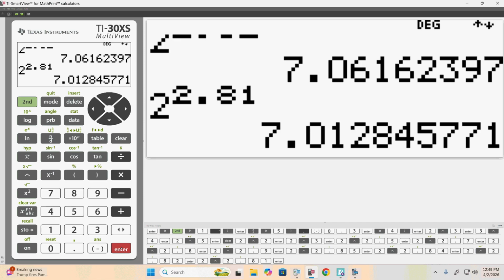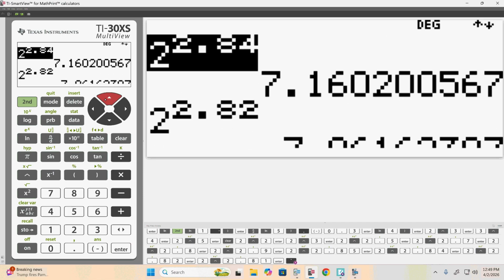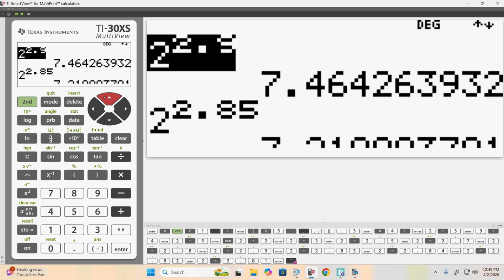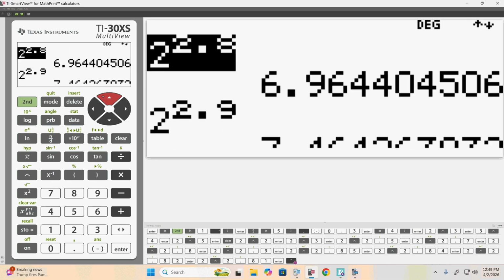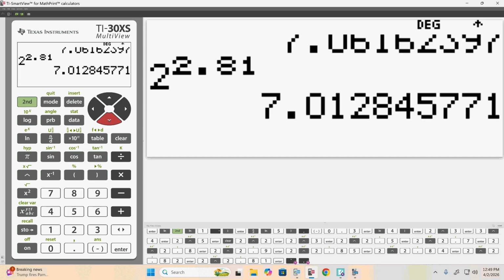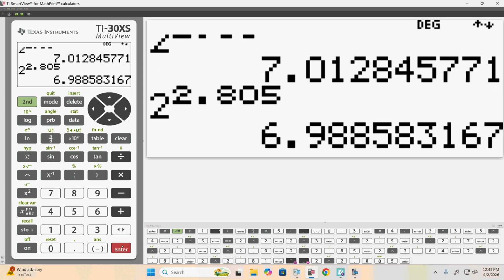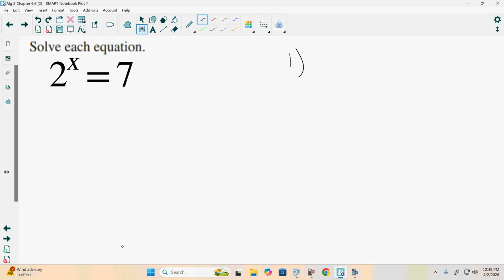Was it 8? Make sure I didn't get too big. So then we'd have to go 2 to the 2.805 and have to keep going here and approximating further and further out. But on the whole, that's very tedious and time consuming. It's not effective. So one of the first things we want to do is actually go about this a little